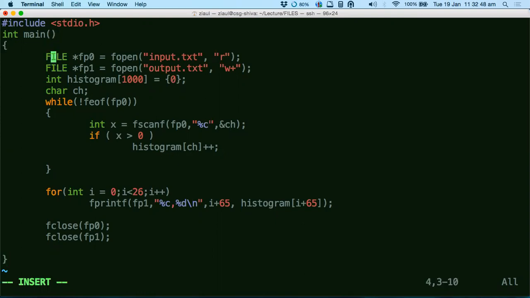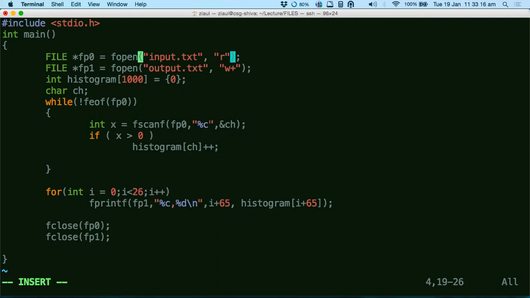Let's say here I have manually inputted the file name in my program. But what if I want to do the same operation, I want to count a histogram on a different file? I cannot every time go inside the code and compile it and run it. I want to send just the name of the file from external to the program, and the program just opens up that file internally and does this operation there.